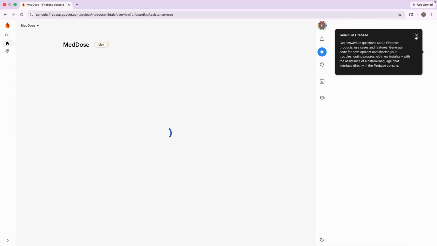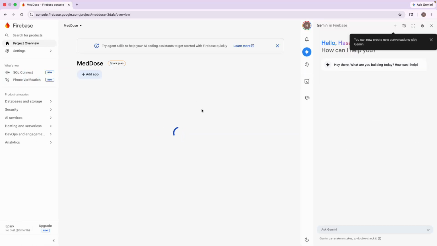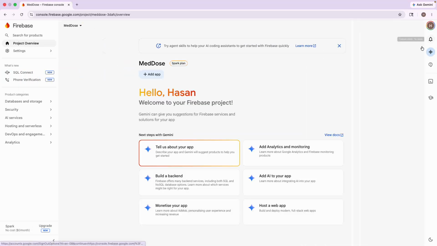Now my project is actually created. Okay, so the project is created now. So I need to add the app here. I just click on add app, then